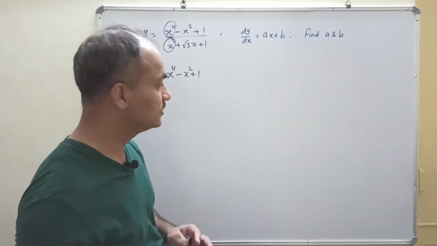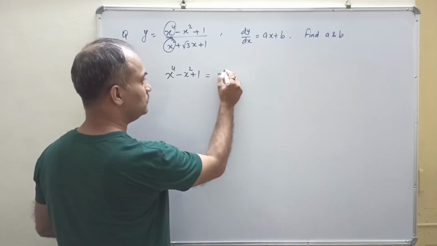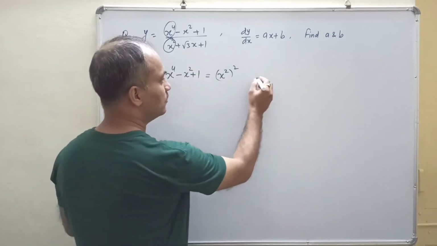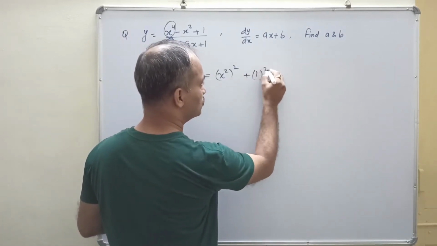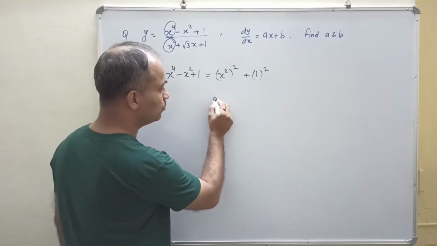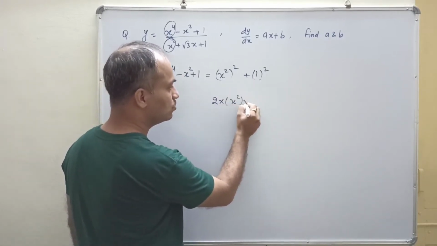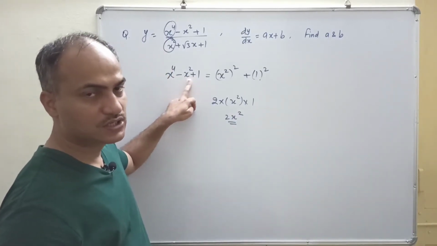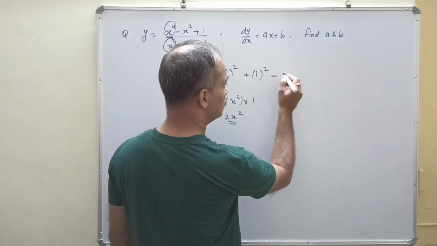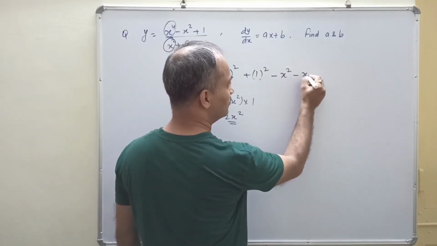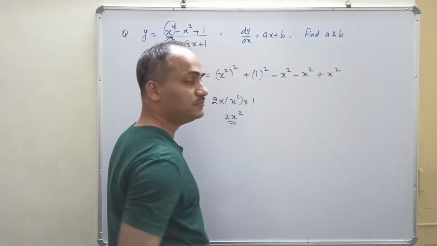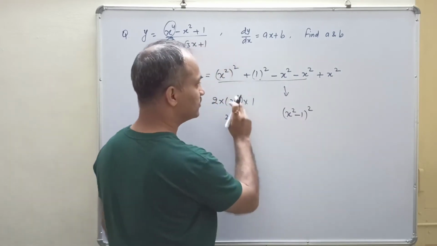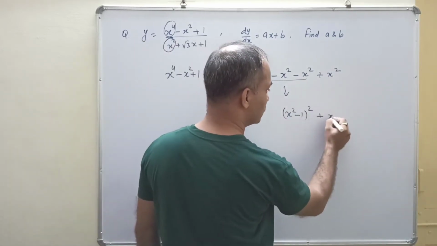When we try to factorize it, we see this becomes 2 whole square. It means this is a term of whole square, and here also we can see plus 1 is whole square. Now we need to have the term of 2ab, 2 into first term into second term. It means we need to have 2x square, but here it is minus 2x square. So what students can do, they simply add and subtract x square. If we combine these three, this will become x square minus 1 whole square, and this is plus x square.